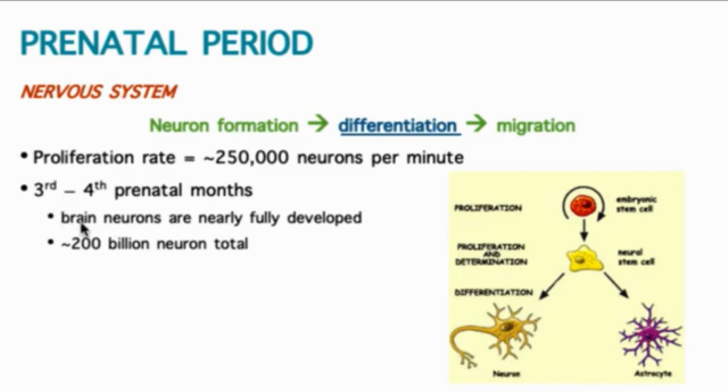But by the 3rd or 4th prenatal months, typically there are about 200 billion neurons total in the body, which, again, it's a crazy number. And that, I believe that 200 billion is just in the brain, because we're still proliferating out into the body,